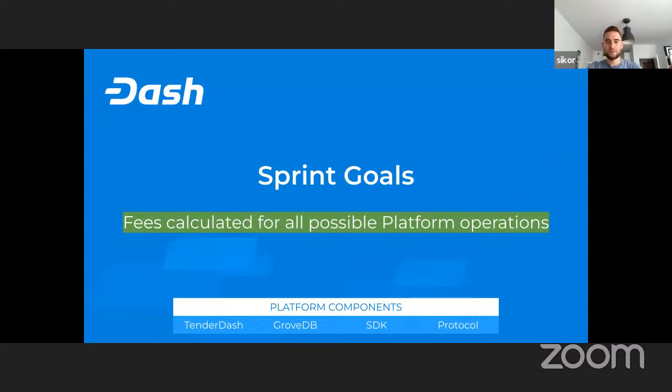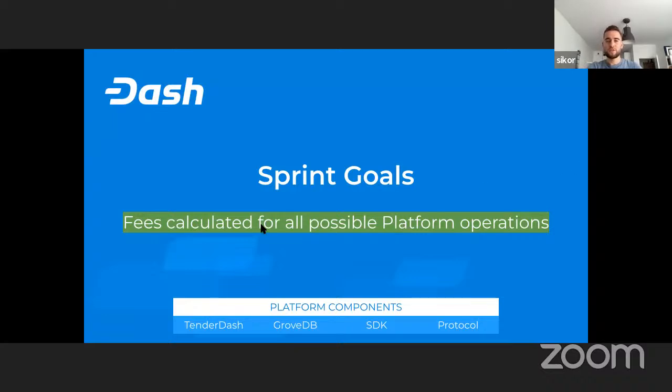And this has been accomplished, but you need to know that the fee mechanism isn't yet integrated in the platform. It's an independent module that is working and operational. And here, Sam will be making a robust presentation on how it works and how the fees are being calculated.